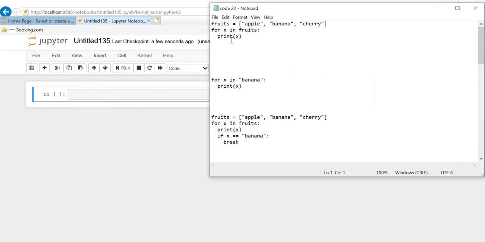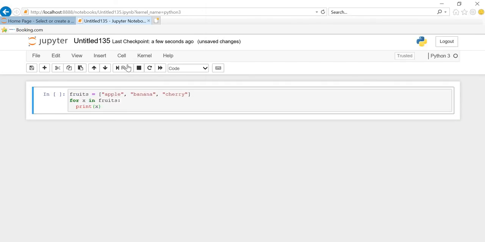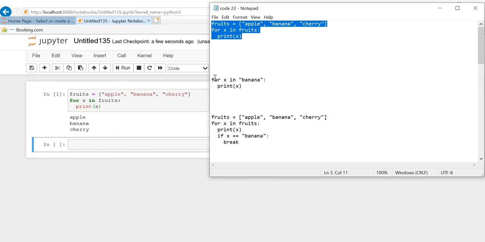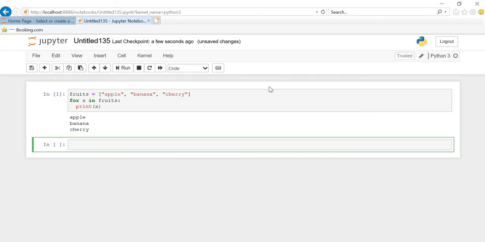Here are the codes. First is the normal for loop, and if we run it, it has looped. Next is this code that we have written.